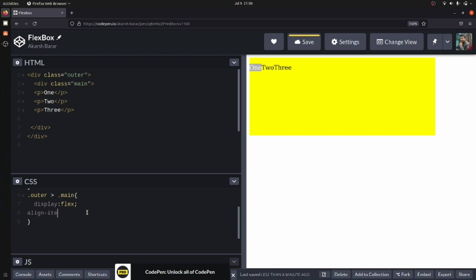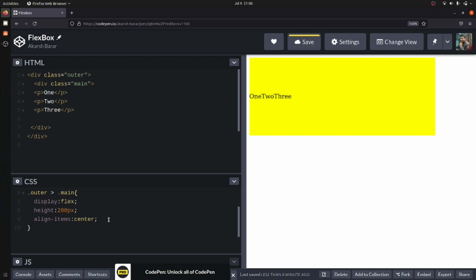Align items. What align items will do, if I set it as center, you can see that the align items will set us to center. Yeah, for aligning the items at center you have to give this inner container a height. So I'm gonna give it a height of 100 pixel. Let me, one second, it is 200 pixels, so I'm gonna set it as 200 pixel so that the parent and the child match the same height. Now you can see that everything is in center.